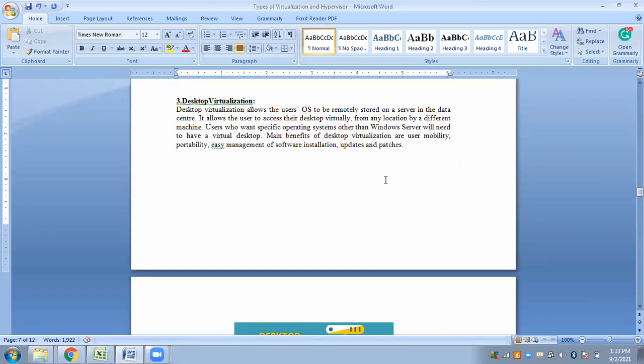Suppose I have 10 customers here, and I am the cloud service provider. For each of the 10 customers, I have a server, and in that server I am maintaining 10 different desktops for each of the 10 customers. So in those desktops, you can have any data or any application installed.